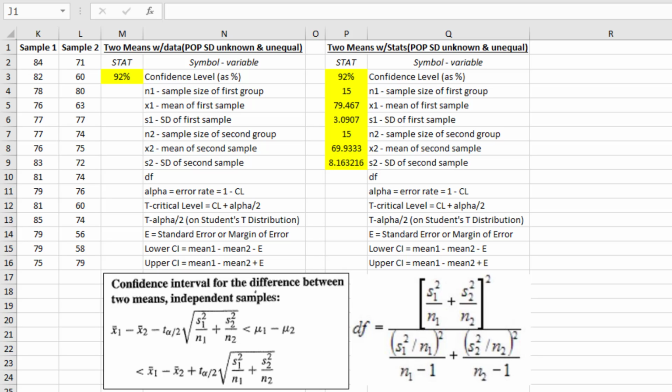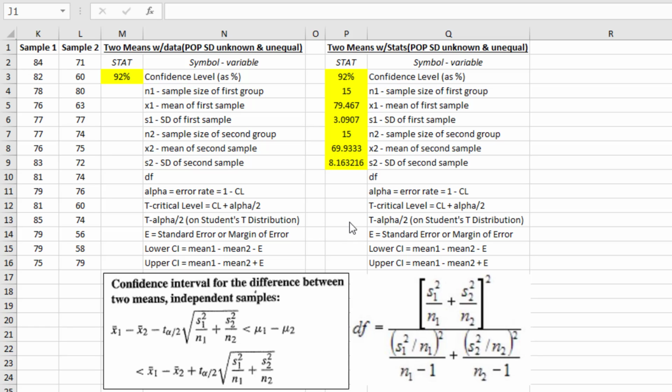In this video, we're going to learn how to create an Excel calculator that will do confidence intervals for two independent means, where of course we don't know the population standard deviation, and we're going to assume they're unequal. Okay, as always, the stuff in yellow is the stuff that you will have to type in manually. It's what you'll be given from the questions, and then everything else will be auto-populated from the calculator once we